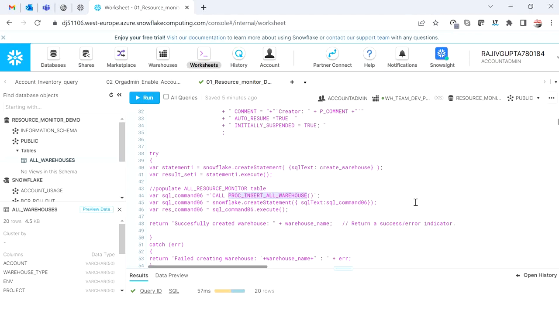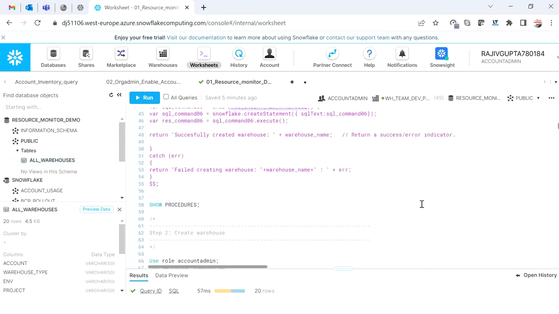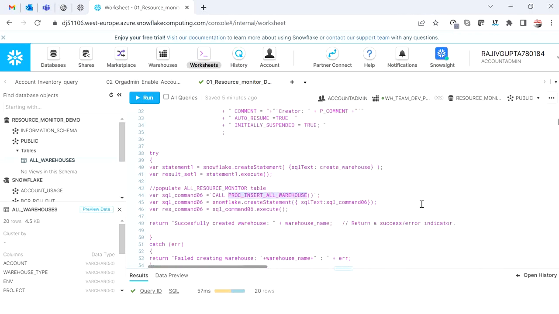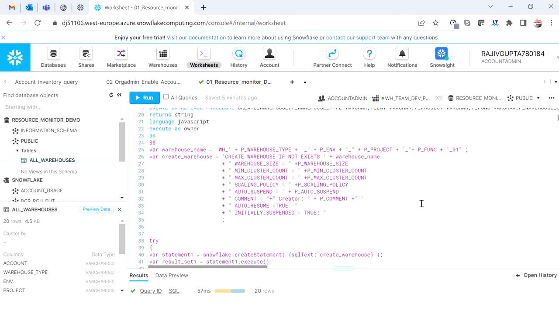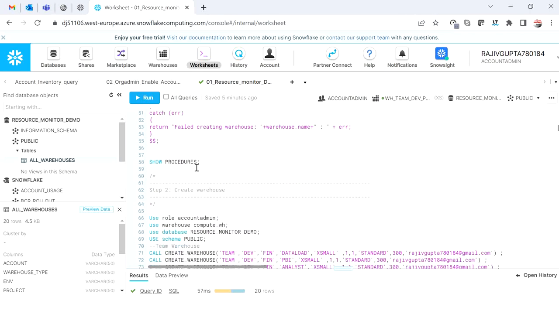including if we are not maintaining the proper naming convention. It will also be difficult and it might fail because we are doing all the things based on a certain pattern of the name. So we have to keep this in mind, that there is no manual creation of the warehouse once this framework is in place, and whenever we create the warehouse, it will automatically populate the all warehouse table. So now we don't have to rely on show warehouse every time manually, but it will automatically populate